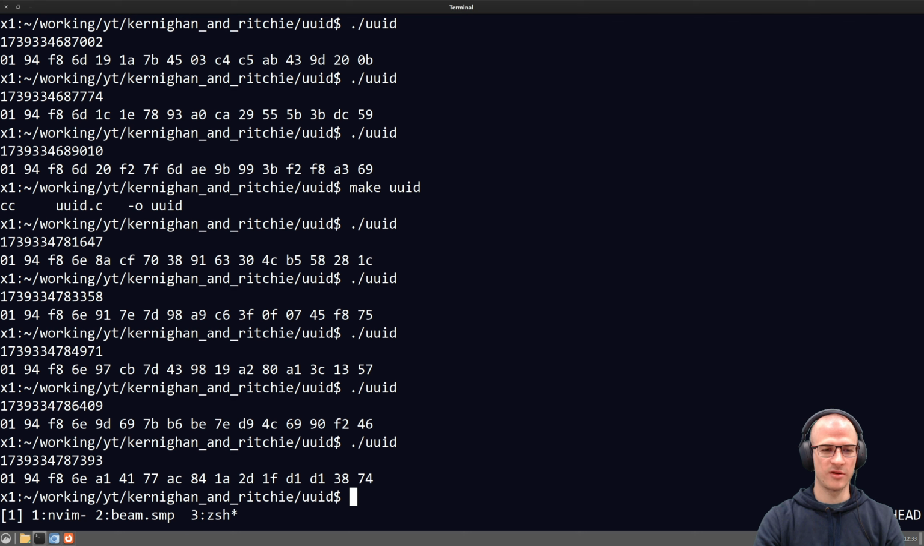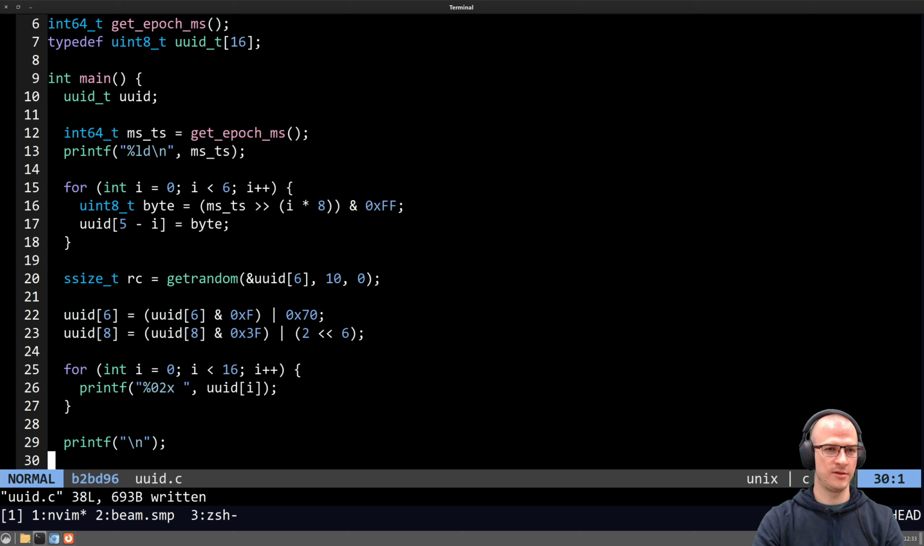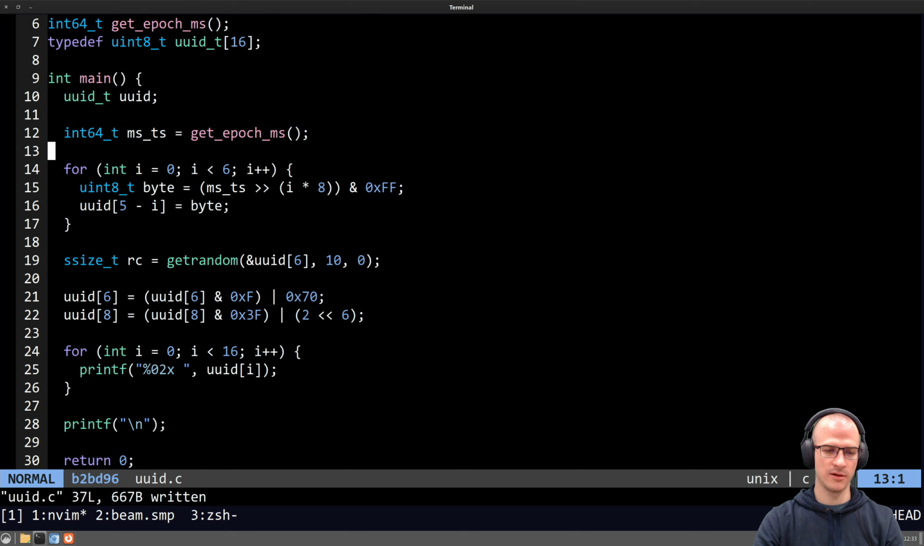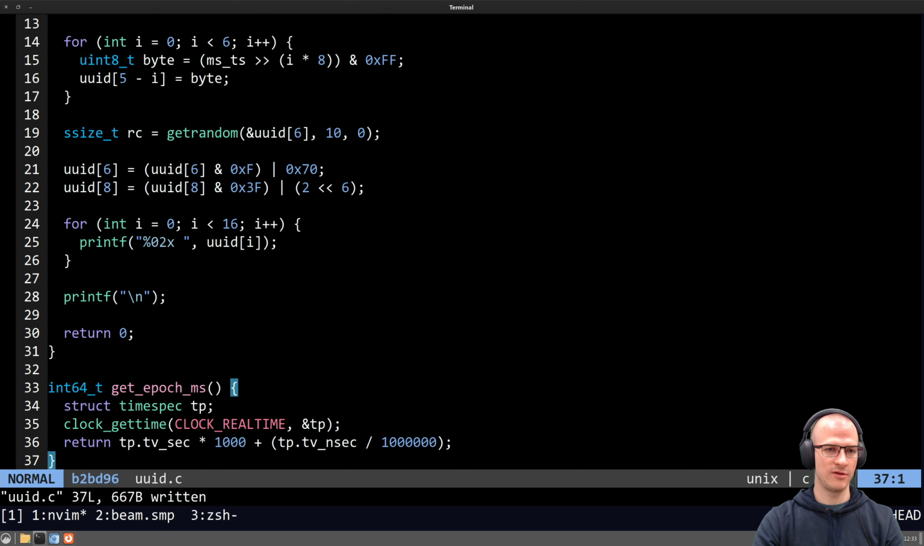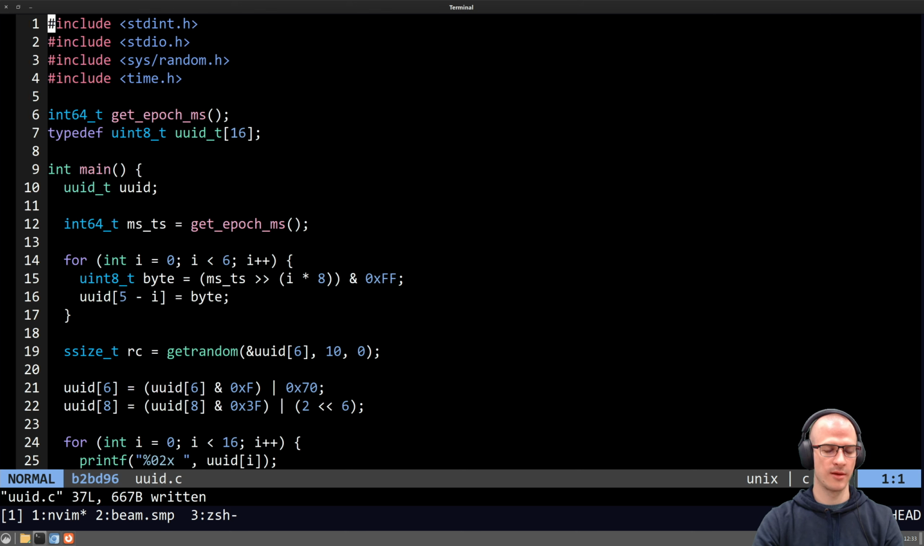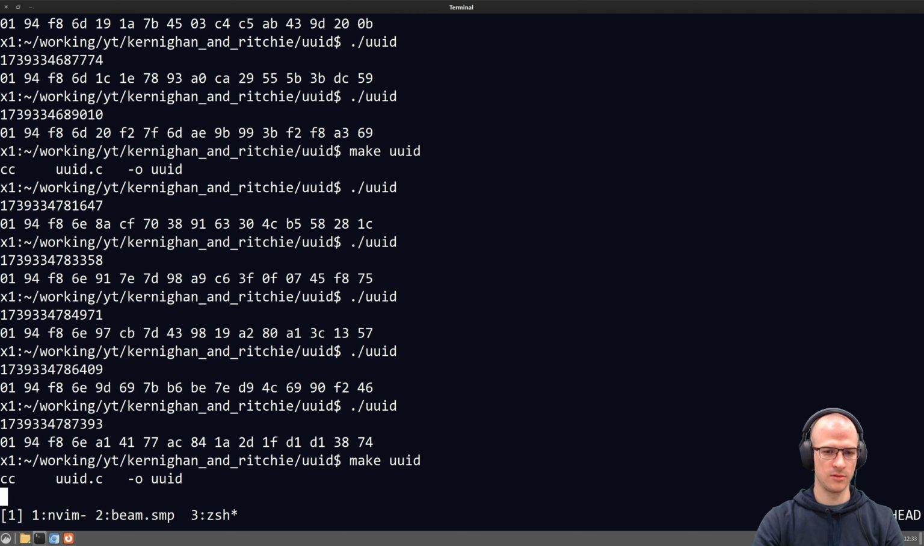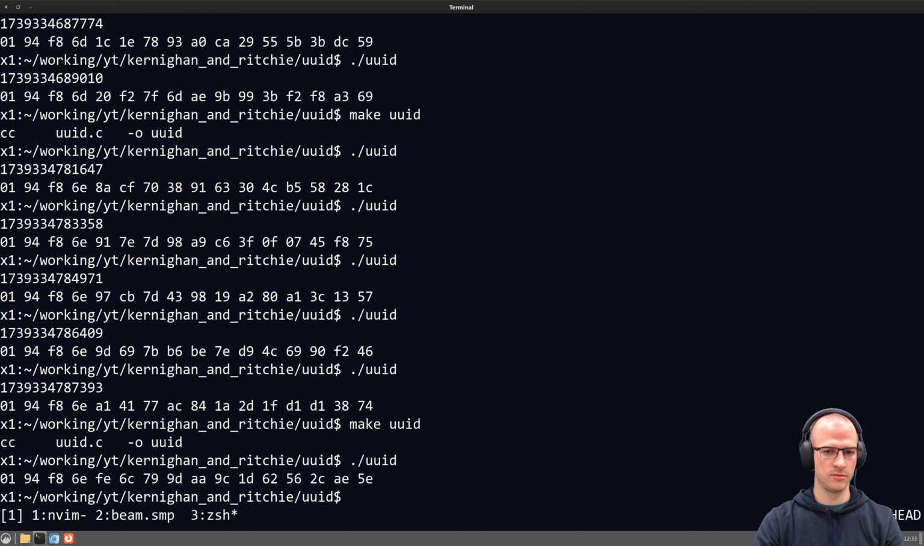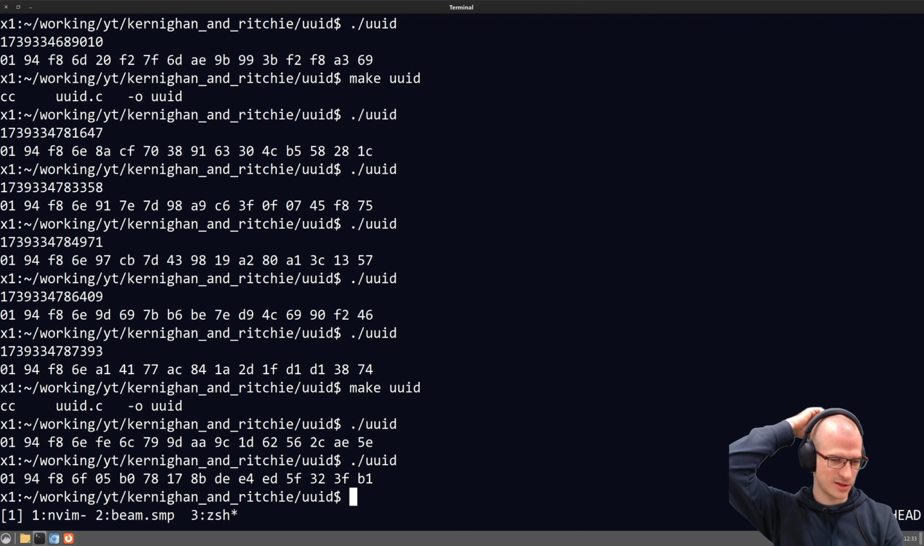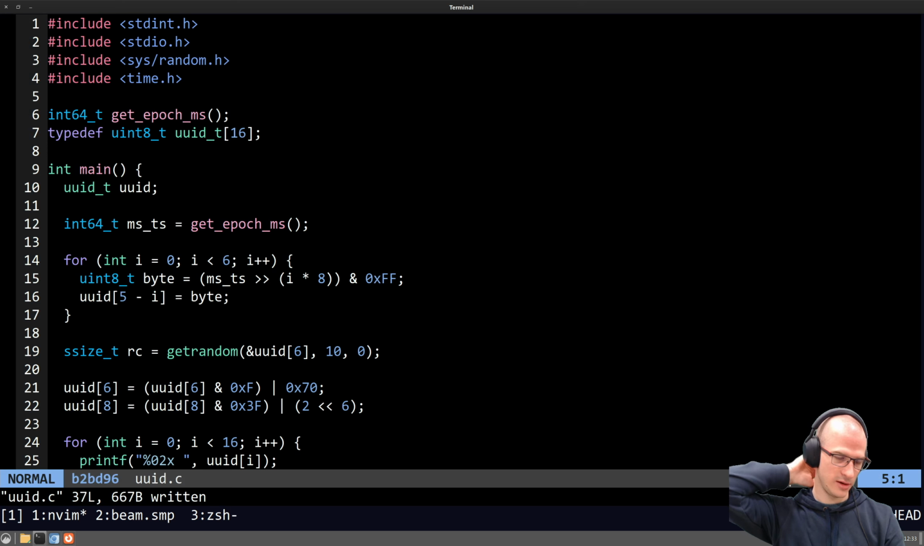I'm not entirely sure if this works, but I guess it does. And we don't need to print the generator, the generated timestamp. Yep, I mean it looks like UUID is just not printed in the